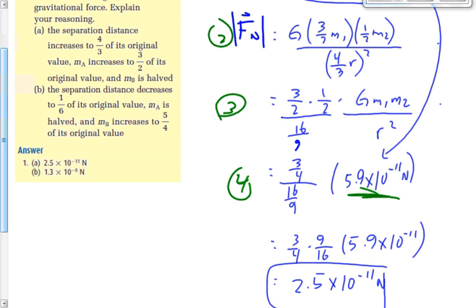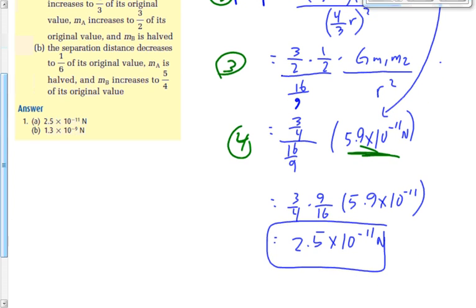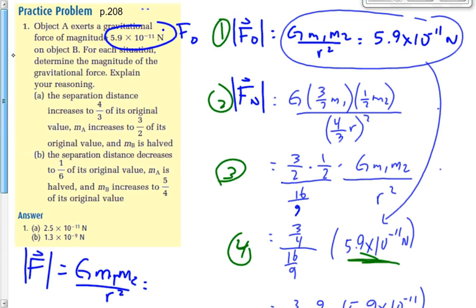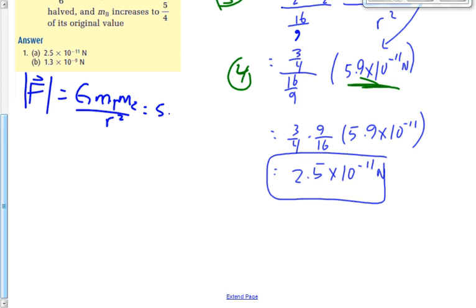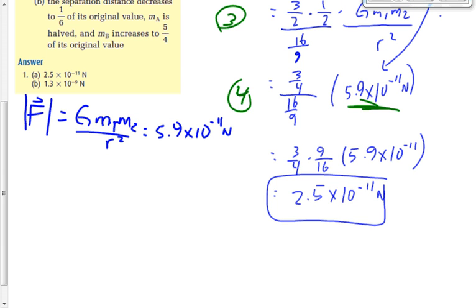Question B says, look, my force was G m1 m2 over r squared, but it was also equal to, we were told in the top of the question here, 5.9 times 10 to the minus 11 newtons. This is what it was. The exact first step, exact same first step as I had in question A, because that was in the first part of the question, the stem of the question. It said, here's the value of the force. Now I make my changes to it. This is my original force. My new force